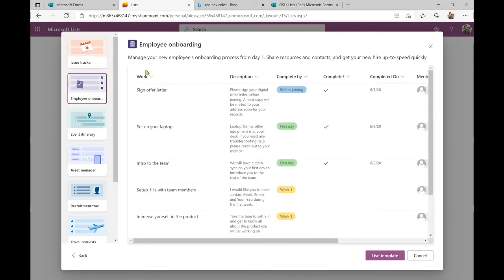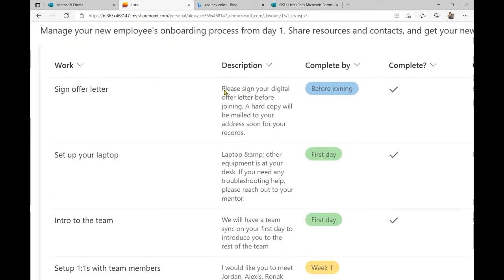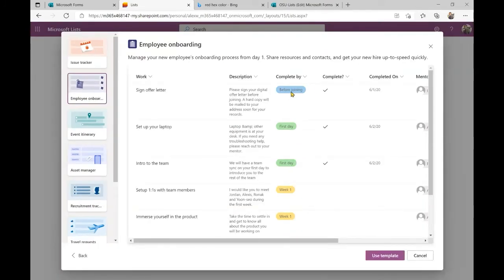Employee onboarding. Like I was mentioning before, this is a list that an employee has to complete themselves as they go through their onboarding process. So you would maybe send a link to this, and as they complete these tasks, they would come here and update it. For example, did the employee sign their offer letter? It gives a description of what they need to do: please send your digital offer letter before joining, a hard copy will be mailed to you, and so on and so forth.